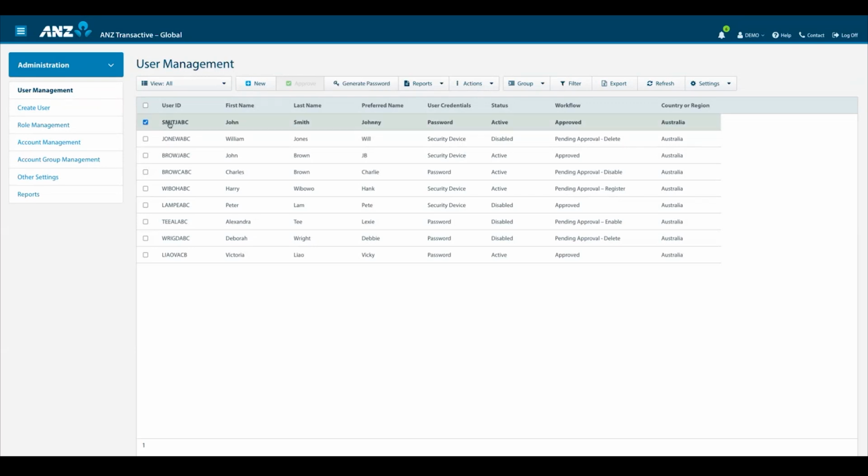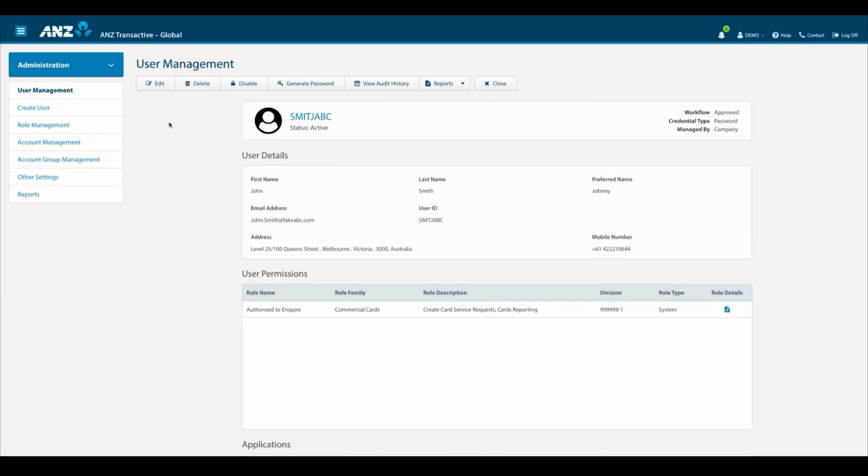The user has access to ANZ Transactive Global only, or they have ANZ Transactive Global plus ANZ Liquidity Management access. If the user you wish to delete has a commercial cards role, for this to work, they can only have the reporting officer role or an authorised to inquire role. You can now click Delete, and this will require your usual approvals to action this change. If these conditions are not met, the user will need to be deleted by the Service Request Delete User function we mentioned earlier.